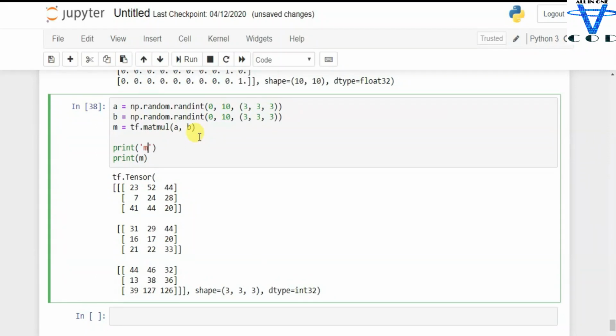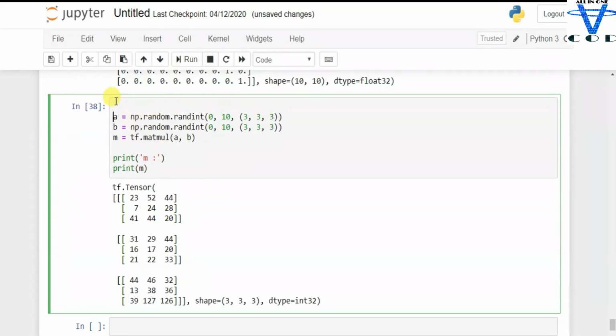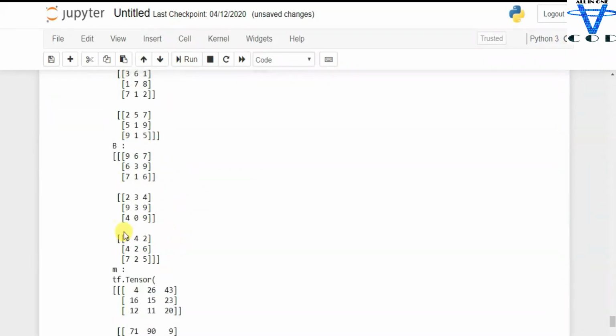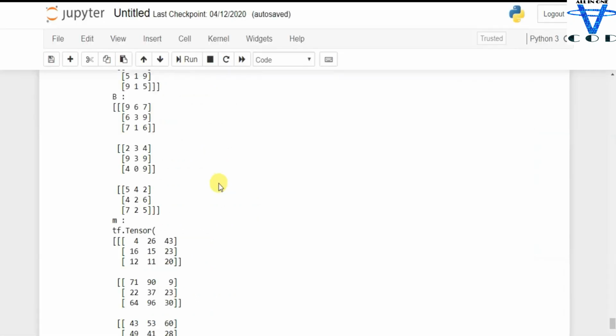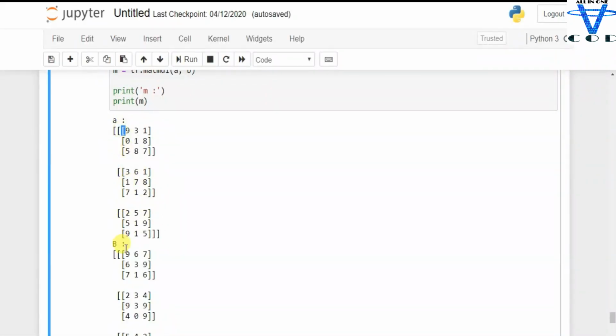So what I'm gonna do is add the name before the elements or values. You can see this is the A, this is the B, and this is the M. The matmul function returns the product of two input matrices. So you can see the first value is 9 and 9.